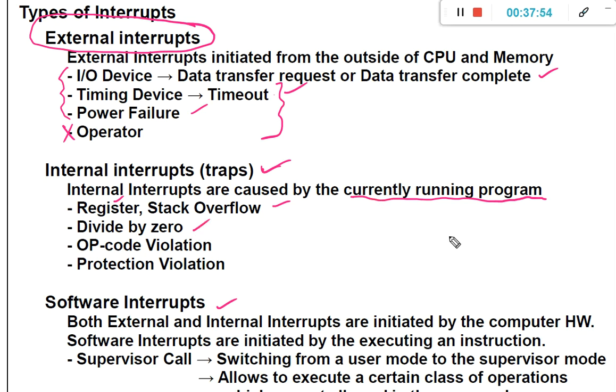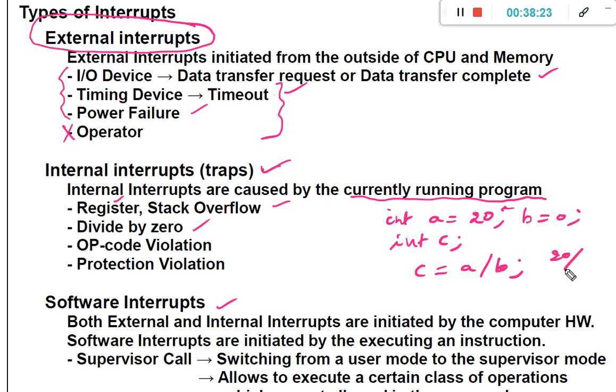Then divide by 0. For example, there is a code in C language: int a = 20, b = 0, and int c, and you say c = a / b.